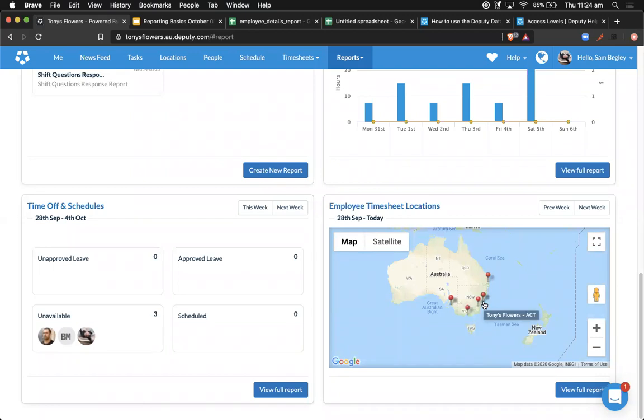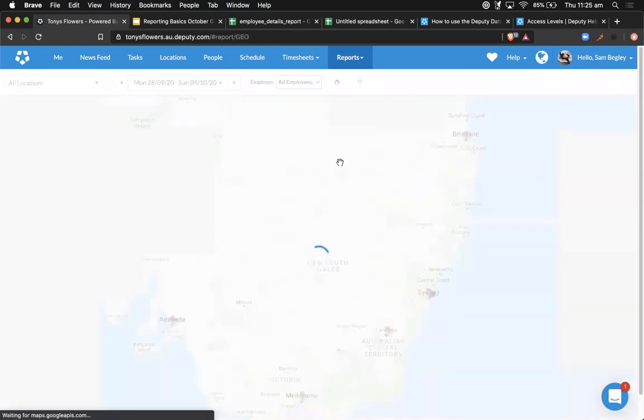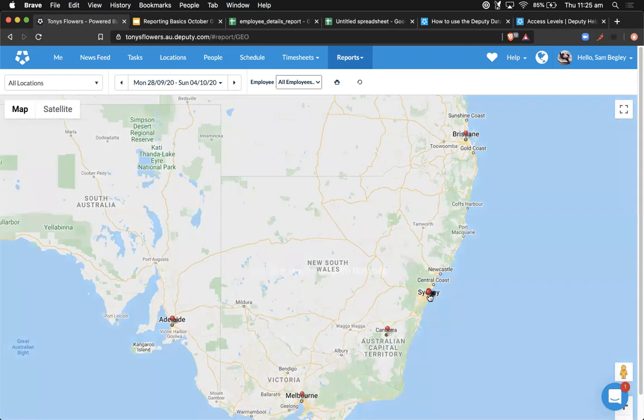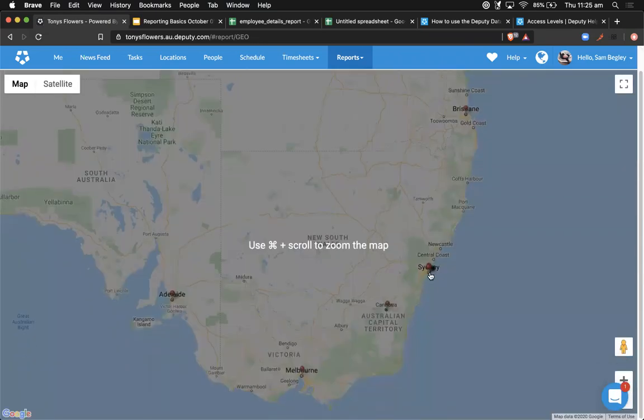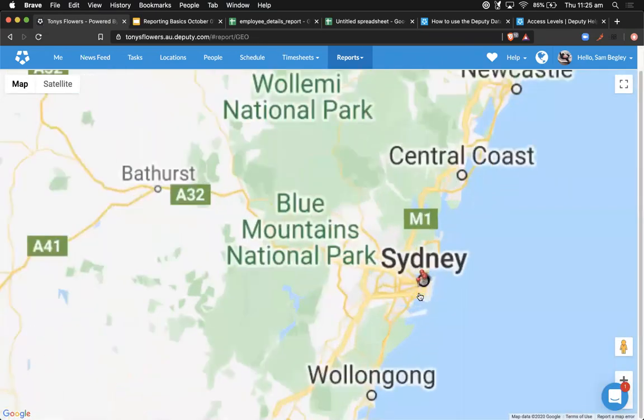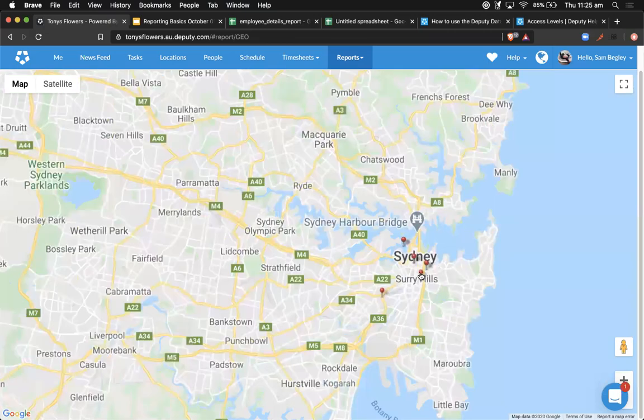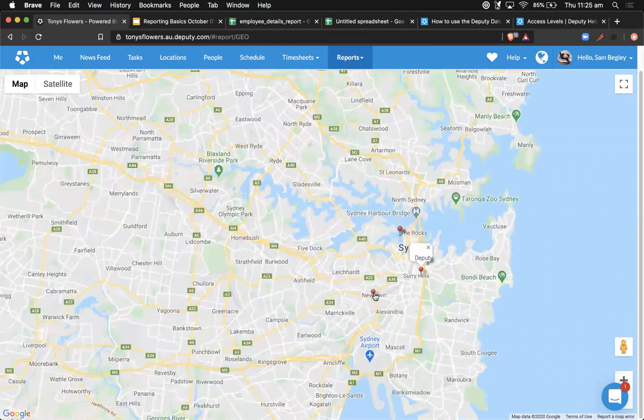that we have. And these would be the same pin drops that we would expect people to be clocking into. If your employees are using their mobiles, there might be some variance of clock-in locations, but essentially, if we go to View Full Report, people's clock-in locations, so we'll go here, and as you can see, we've had some people clock in